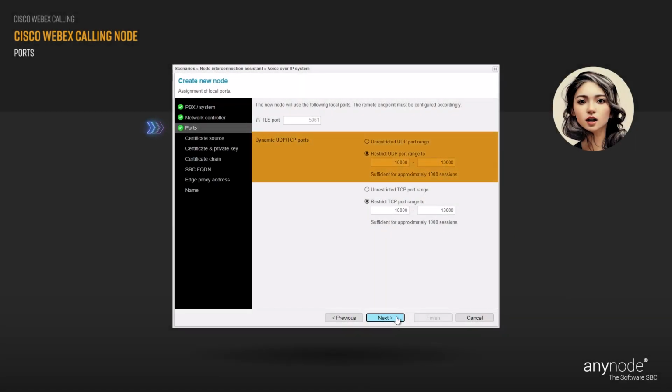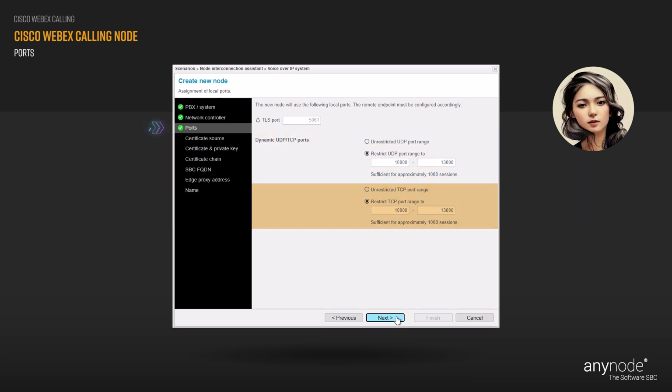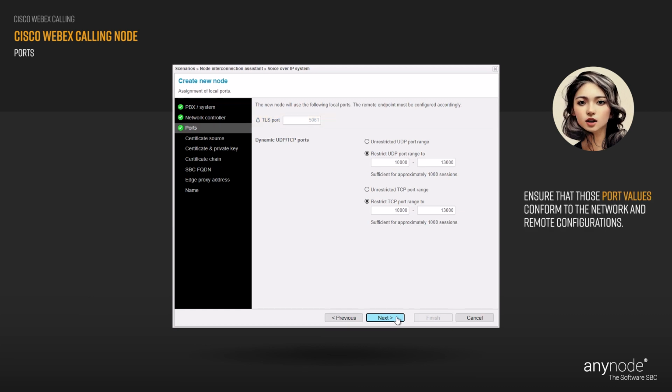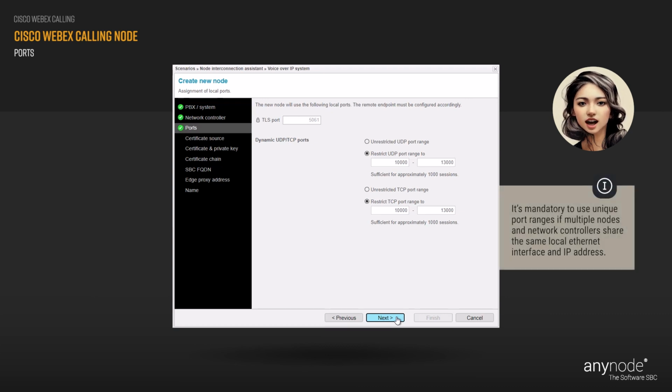In this dialog, some local port values of the node can be assigned for UDP, TCP, and TLS. Ensure that those port values conform to the network and remote configurations. If multiple nodes and network controllers in any node share the same local Ethernet interface and IP address in the operating system, it is mandatory to use unique port ranges to avoid any port collisions.